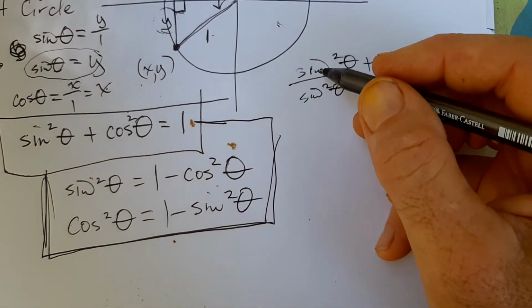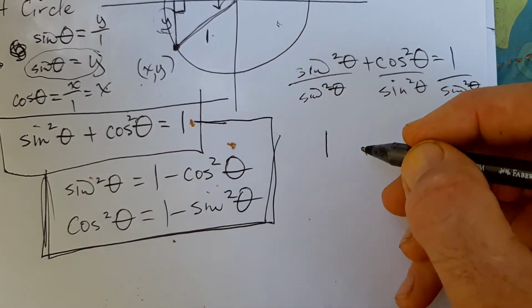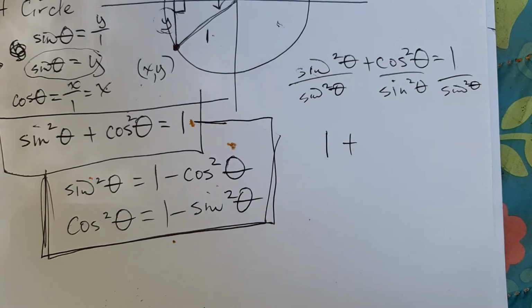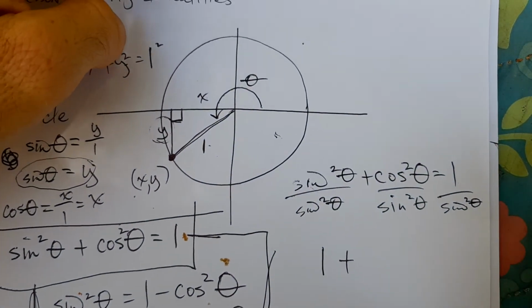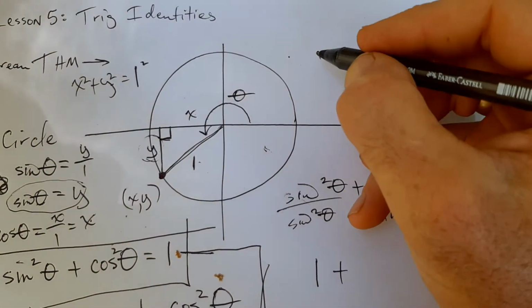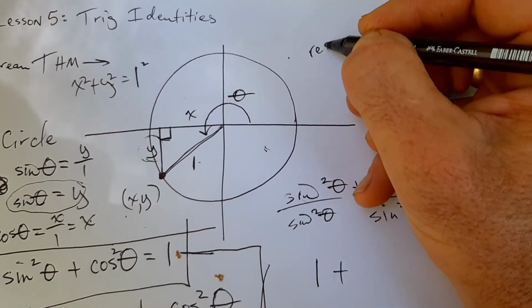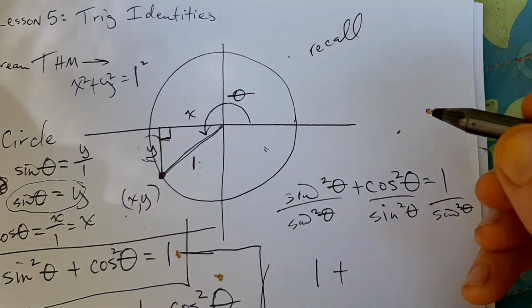So now this goes to 1, so then you have 1 plus cosine. Oh, okay, now be careful here. We got to remember here, recall that